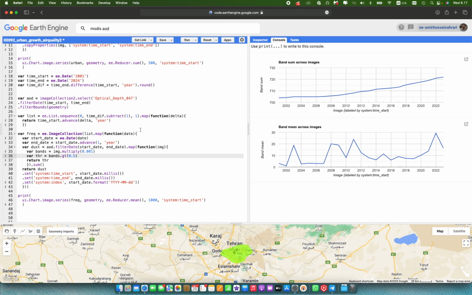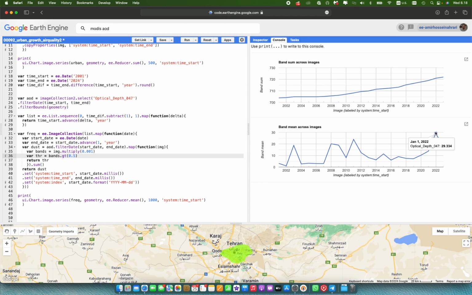It is more than what we are saying here, and I'm trying to show you different techniques from one tutorial to another tutorial. So as you can see, there is an increasing trend in the number of dusty days. For example, in 2023, we had 18 dusty days in which the RSL value was above 0.5, and also in 2002 we had 29 days in which, on average, the dust situation or RSL value